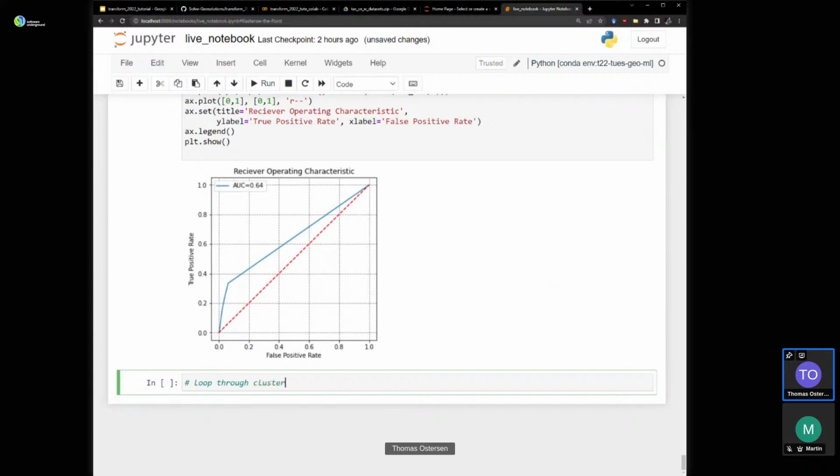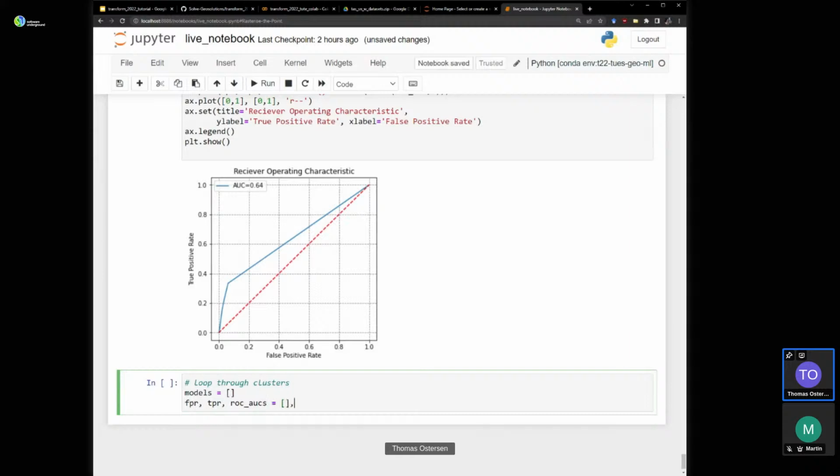Loop through clusters. First we need to create lists for our outputs. Let's go models, and put in this list. FPRs, TPRs, ROC AUCs equals empty list.